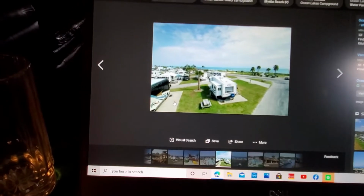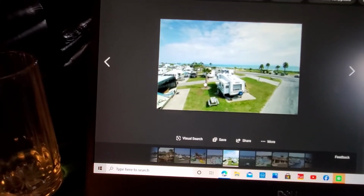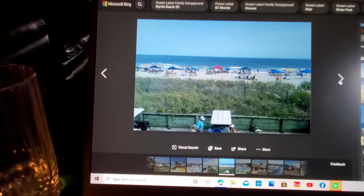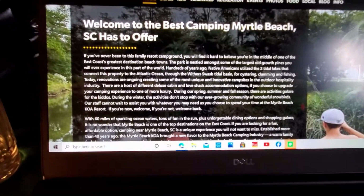So if you want more trees than just one tree, you might want to do something like Myrtle Beach State Park, or you might want to go further into the park where it's more trees than this part. Okay, last but certainly not least is Myrtle Beach